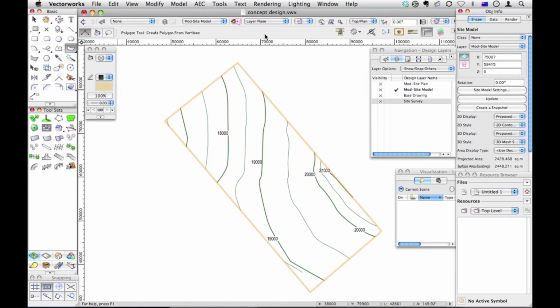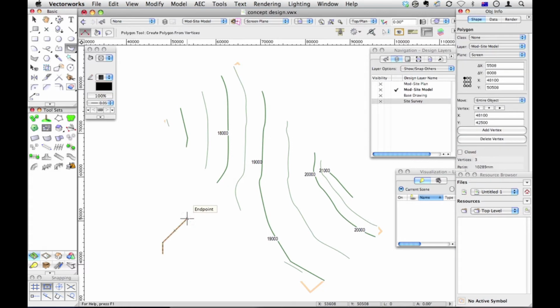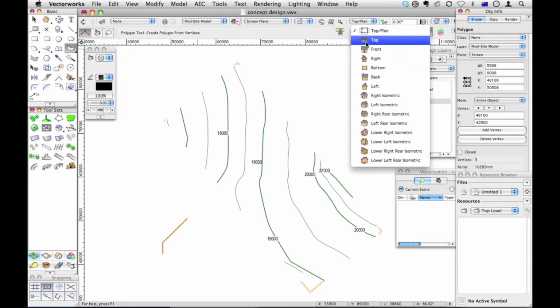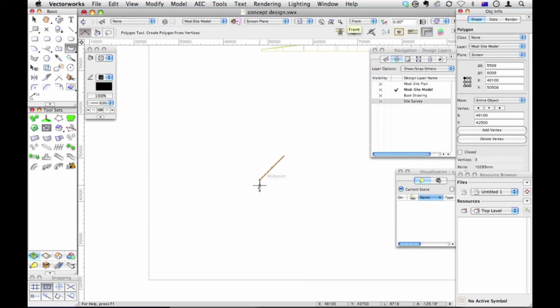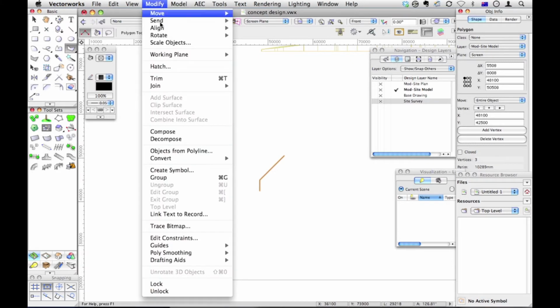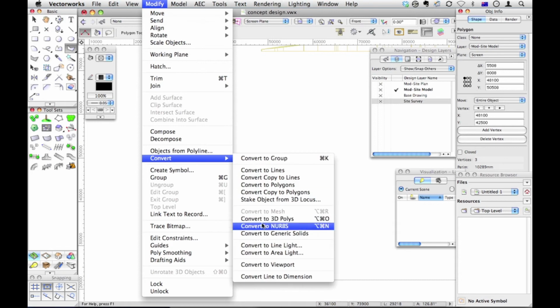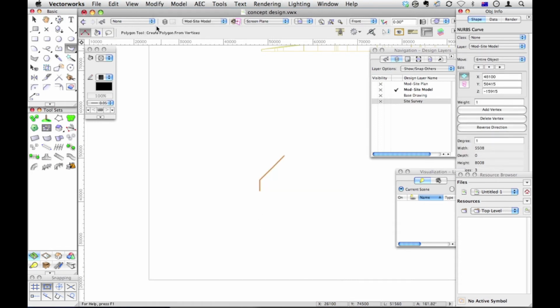I'm going to go back to screen plane. I'm going to click. I'm going to come up by 2.5 meters. Click. I'm going to come in at 45 degrees and click again. Two clicks to stop. It's a polygon at the moment. I'm going to change to a front view, and just notice I'm drawing in screen plane, so it won't matter which way I am. And I'm going to now convert that to NURBS. So modify, convert that to a NURBS curve, and then make that into a symbol. So modify, create symbol,